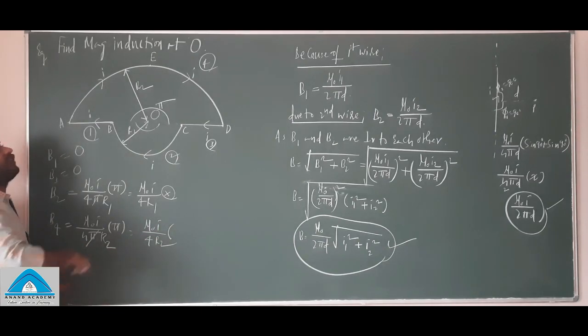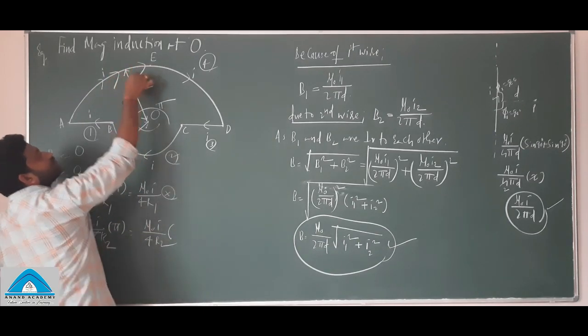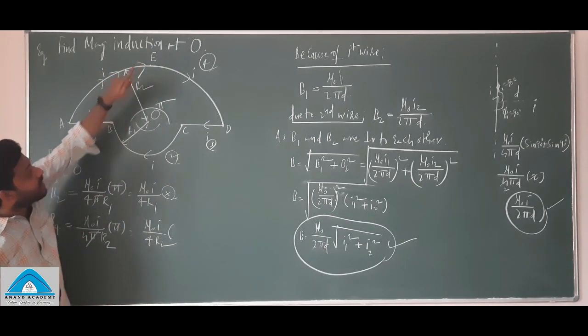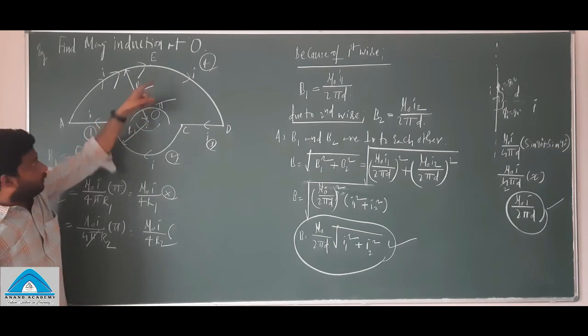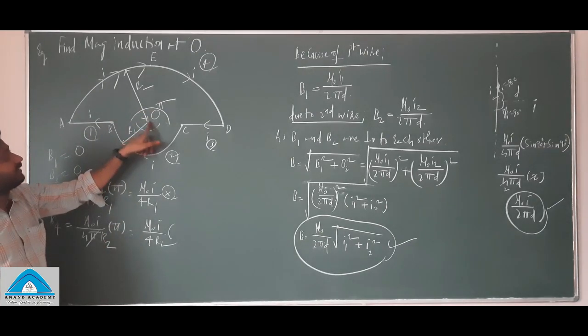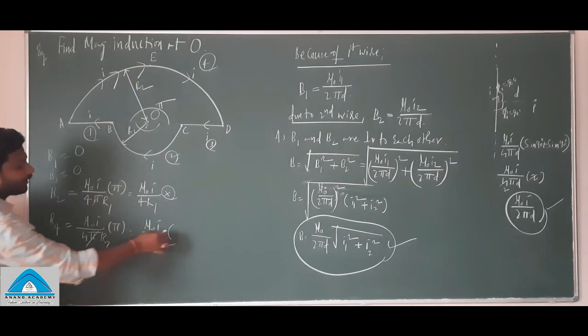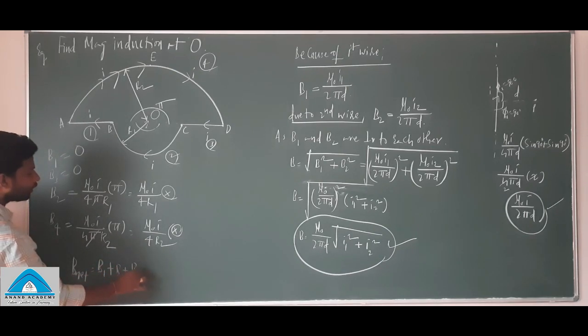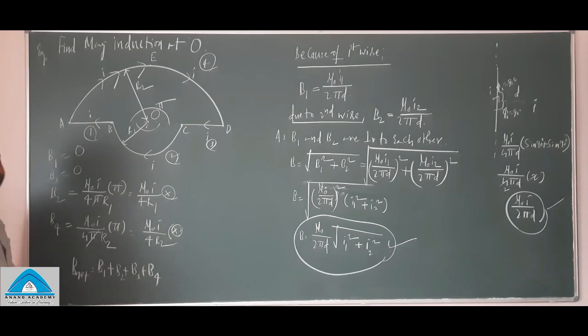And here the magnetic field, as you can see, current is moving in this direction, and the point O is on the right side of this. Then the magnetic field lines because of this wire are into the plane again. Okay. So now, what's our concept? The net magnetic field is equal to B1 plus B2 plus B3 plus B4. Got the point? B1 plus B2 plus B3 plus B4.